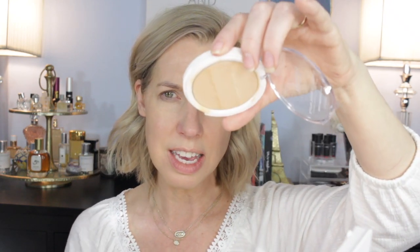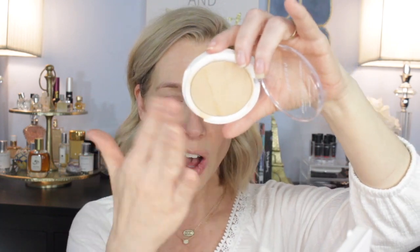So if you look really closely, you can see it has 3 departments of this compact. Like right here, it just looks like it's just one cream compact. But it has a variety of texture and coverage. So this is the top one, and I gotta remember which is which. Okay, so that's how the top shade looks, the middle shade, and then